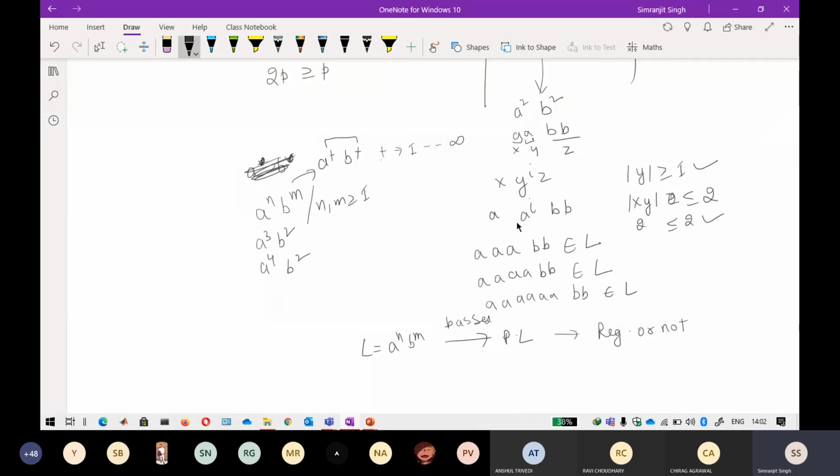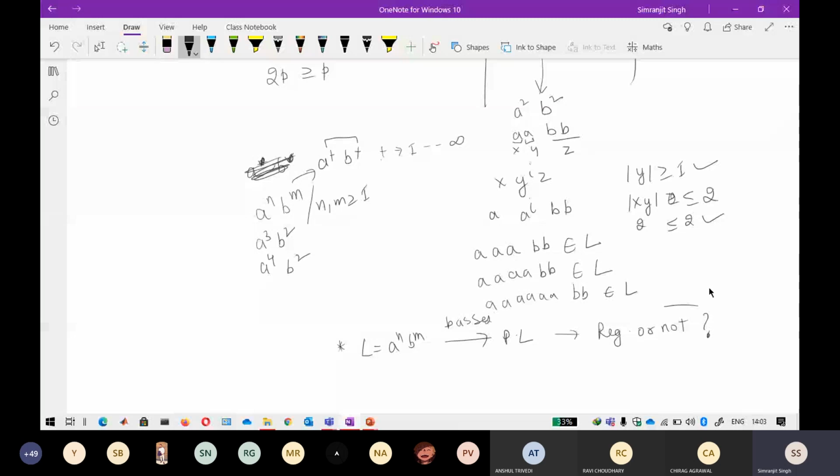Okay, clearly we know that this is a regular language, because by the theory, if you are able to draw a finite automata for this particular language, you can directly say that this is a regular language. But by pumping lemma, you cannot say that this is a regular language or not. So your question still lags behind, whether it's a regular language or not, you are not sure. Only if the language fails the pumping lemma can you say that this is not a regular language. So that is the disadvantage of pumping lemma: if it passes, then again I am not sure that this is a regular language.